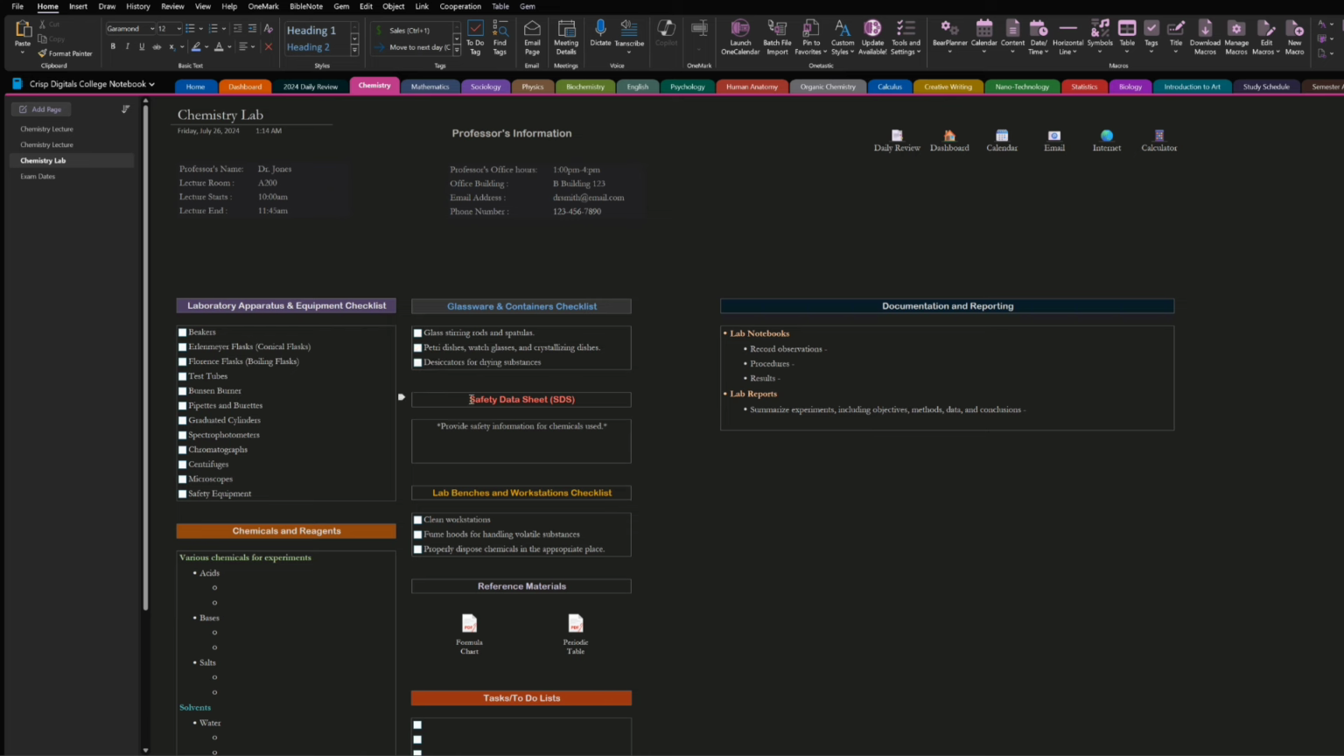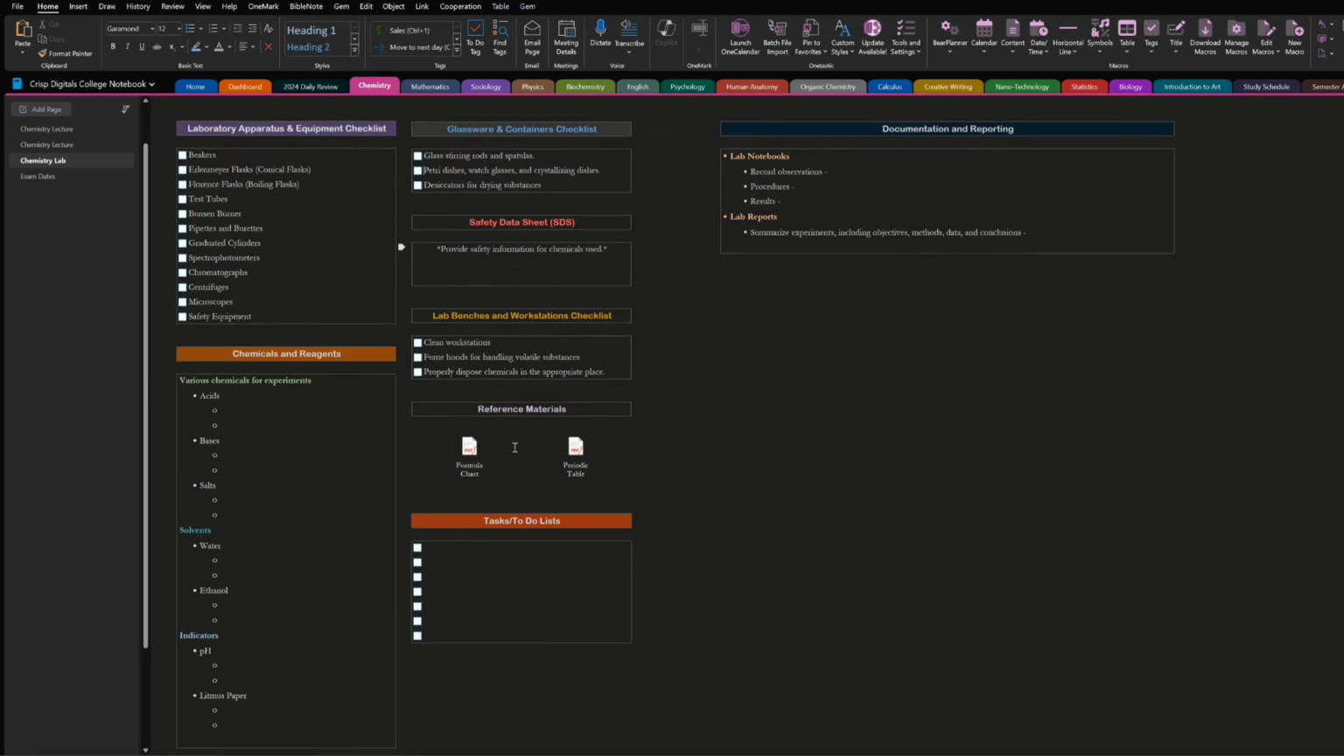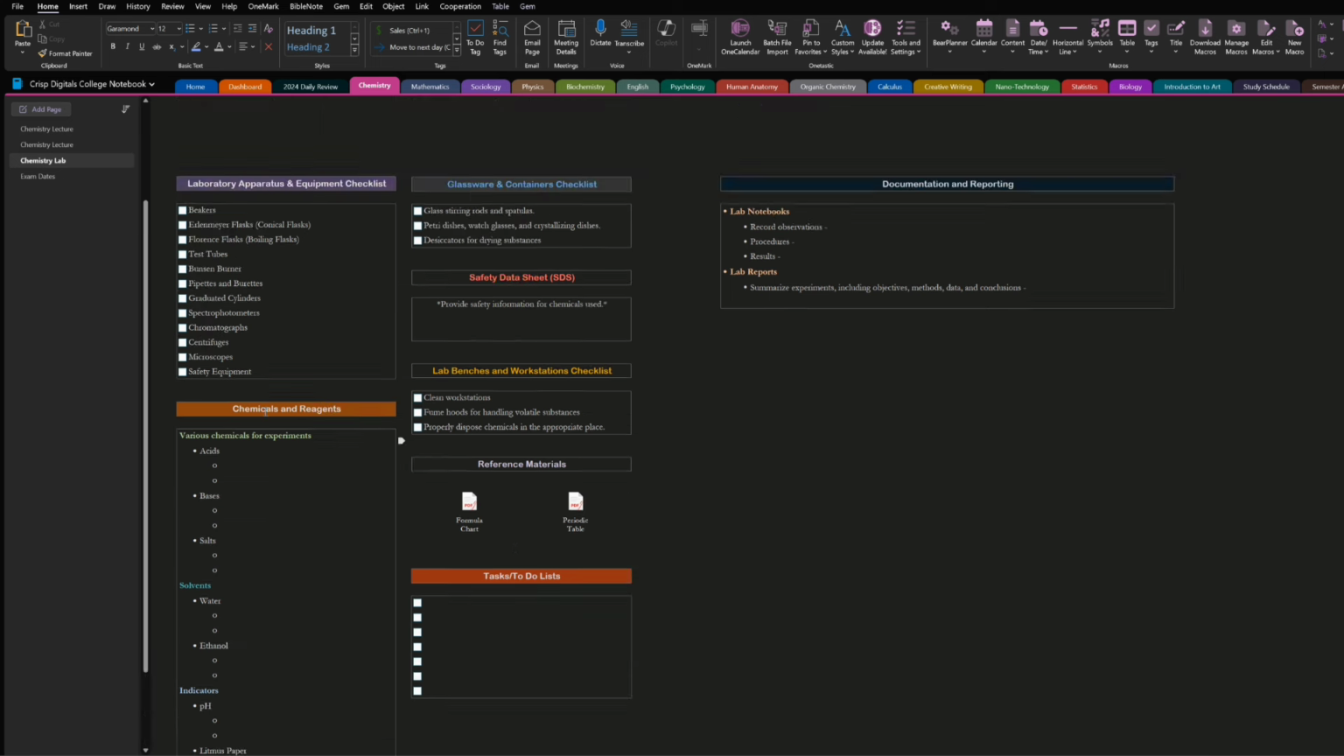And here you have the safety data sheet that you will use. So you're going to provide safety information for your chemicals that you use, right? If you're doing chemical experiments, reactions and all of that. Okay, and over here you want to make sure you have your lab benches and workstation checklist, meaning that when